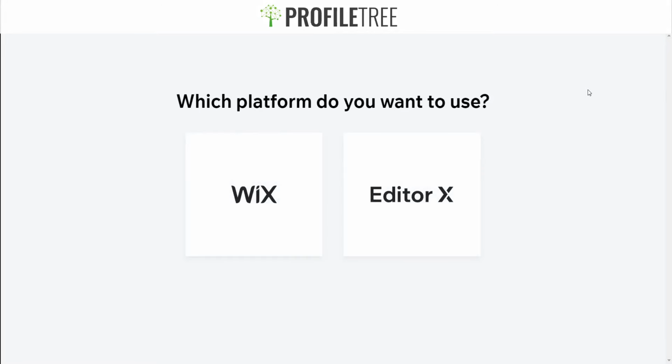This will be the first thing that it'll ask you when creating your website. You can either choose the platform Wix or you can choose the platform Editor X. That's dependent on what you want to choose. But my recommendation, if you're starting off with Wix, especially if it's your first time building a site with them, would be Wix rather than Editor X. I'll later show you the reasoning for it. So if you just go ahead and click on Wix,